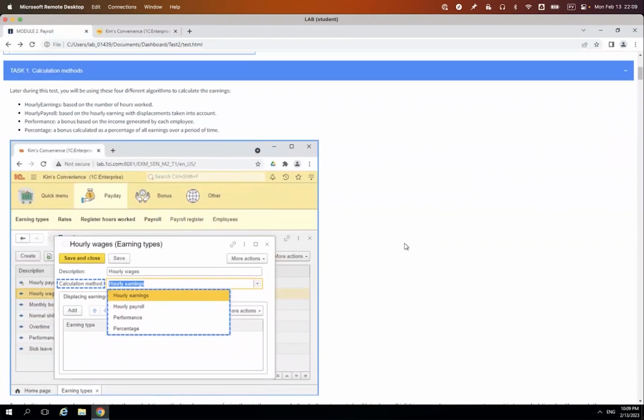So calculation methods basically are formulas that you use or different ways of calculating how much you owe to some of your employees. For example, somebody can work on yearly salary, which is a very common practice in North America. So you have your salary per year, and each month, or more often twice a month, you get some part of this salary, which is calculated as base salary divided by 12 or by 24. So this is one way of calculating salary, okay? This is what a calculation method is, what formula you use to calculate your salary.